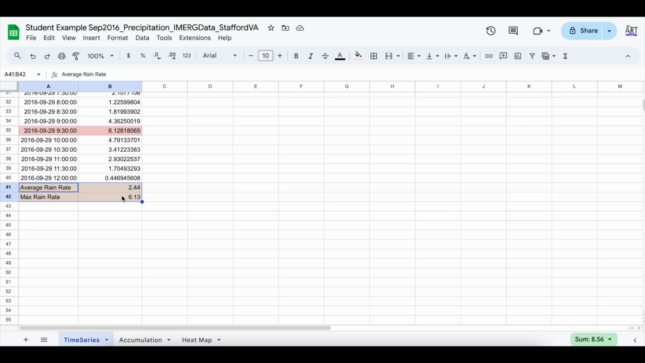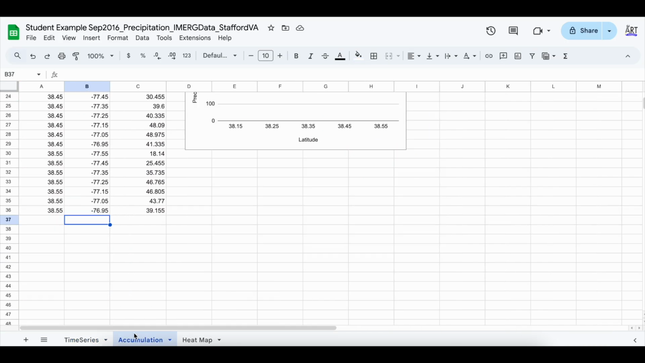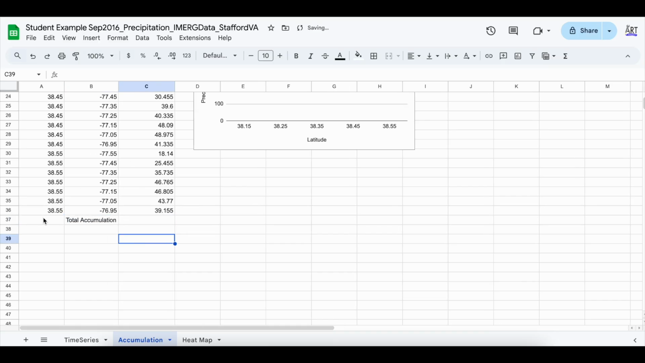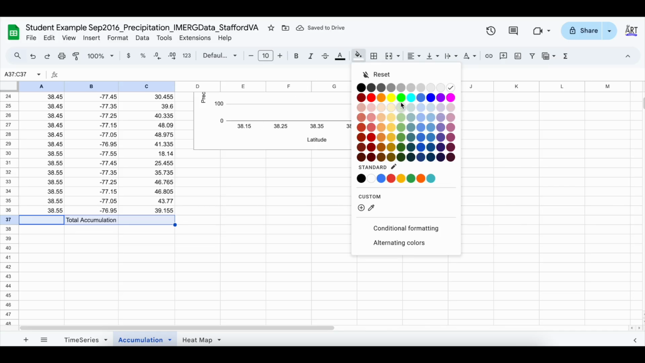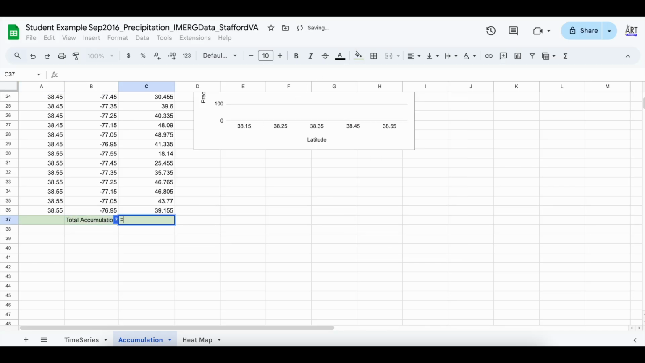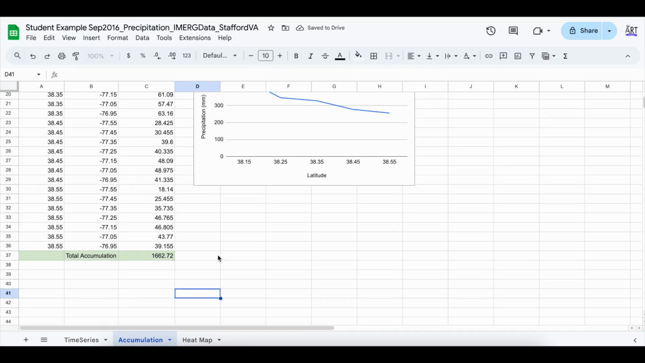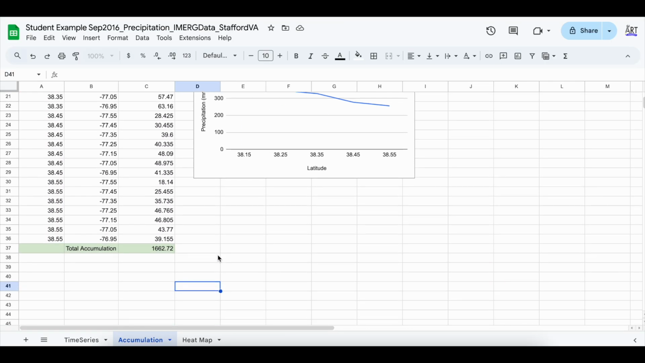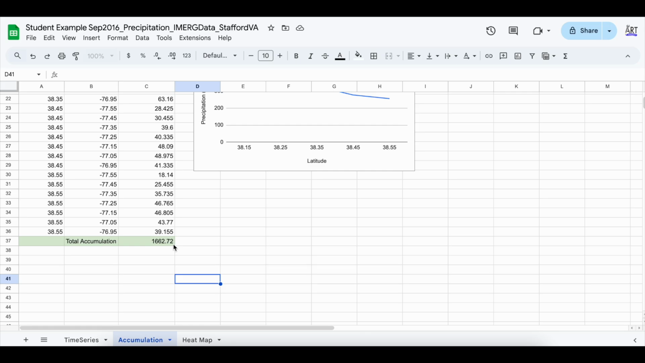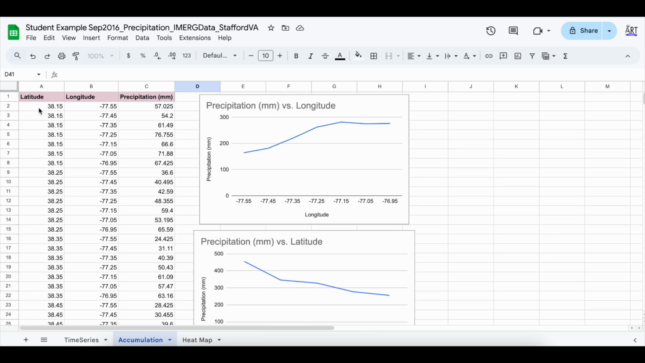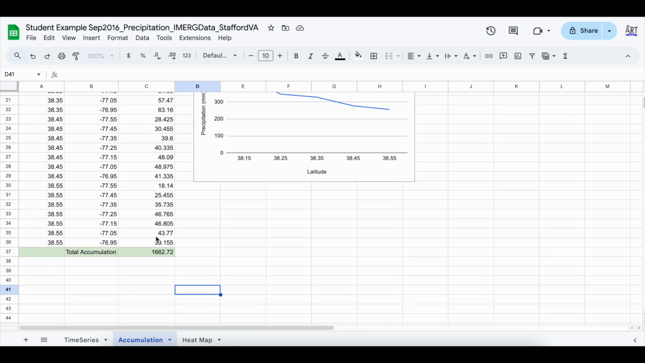We got 2 right here with average rain rate and max rain rate. Now I'm gonna do total accumulation. I'm gonna make the column width fit, change the formatting to be a little bit nicer, and then we're gonna get the sum, and it's gonna recommend that to me, so I'm just gonna click that, and then I'm gonna round it down to just the 2 decimal places. So for this storm, the total accumulation was 1,600 millimeters across that area that we specifically chose